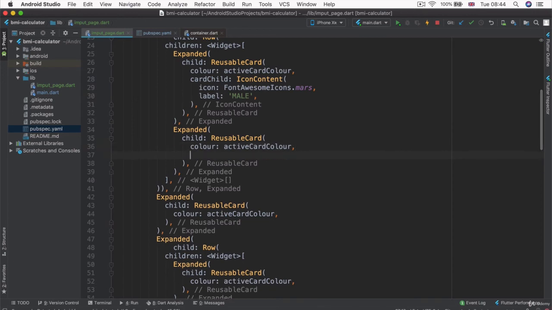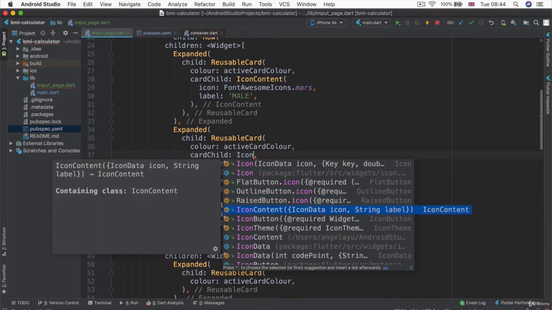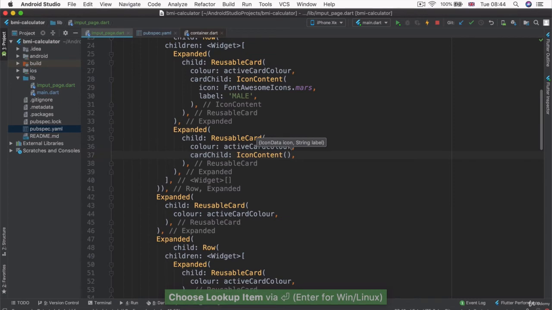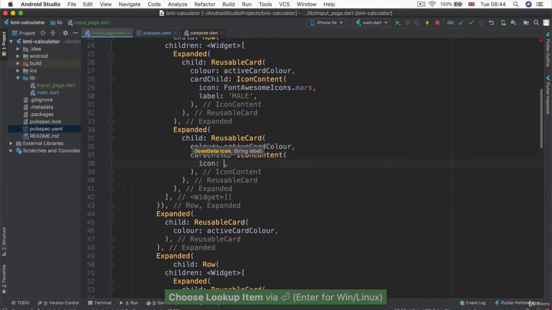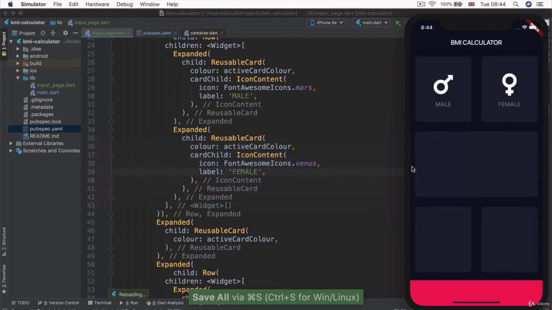So our second reusable card is also going to have a card child. And the child is going to be a widget. That's our icon content widget. And it's also going to have an icon, but this time the icon is going to be the Venus symbol. Venus for women. And the label is going to read female. Cool. So now if we hit save and we head over to our app, then you'll see that we have